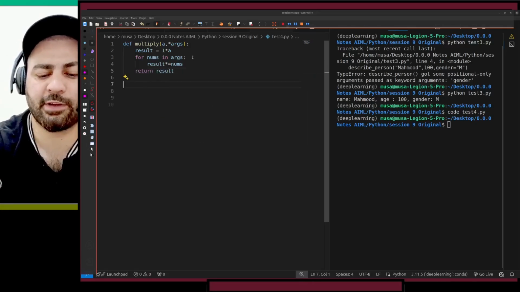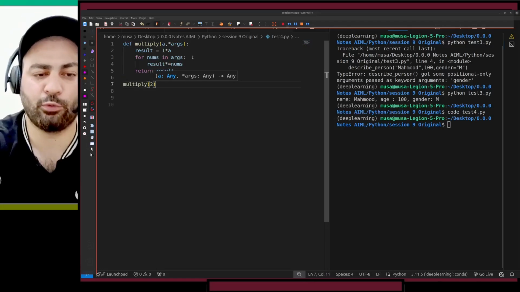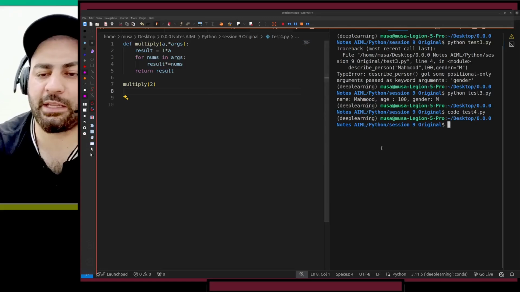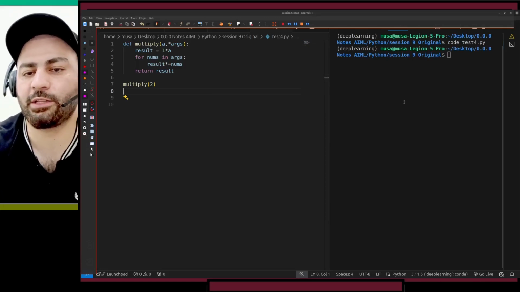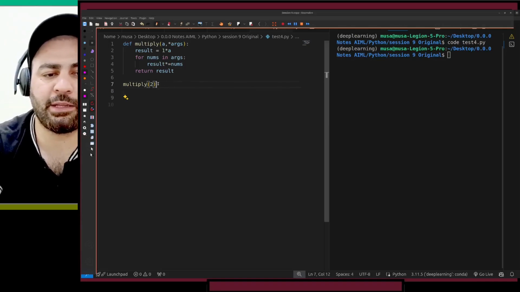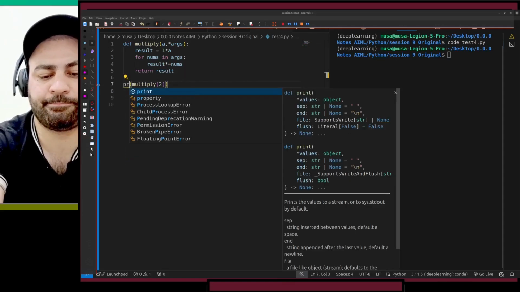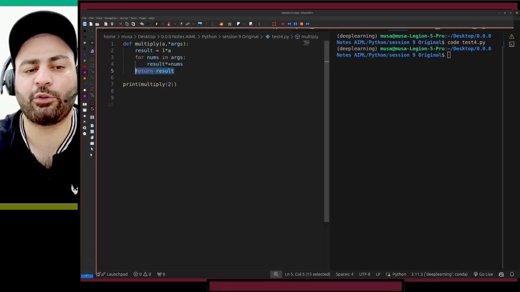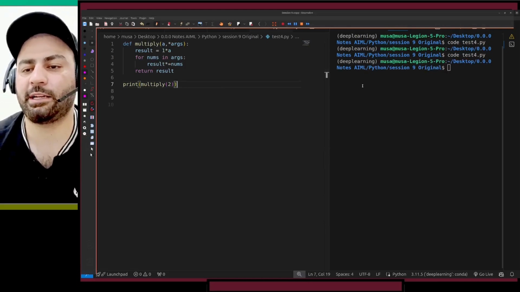Now if I call this multiply with just one argument, let's call it with 2, because 2 multiplied by 1 is 2. So we expect the answer should be 2. But I want to print this, so I'll write print. We'll handle this return statement separately; here I'm assuming that you know return. Now if I run it, you can see that